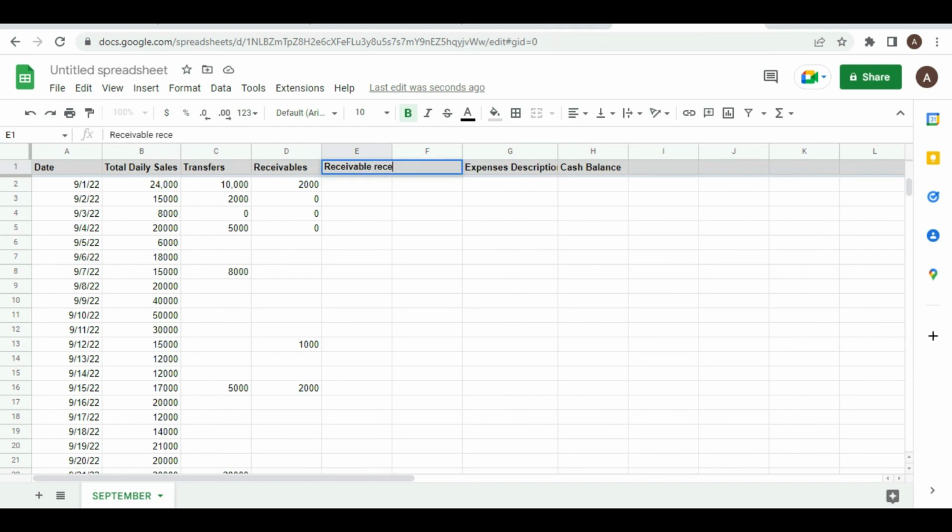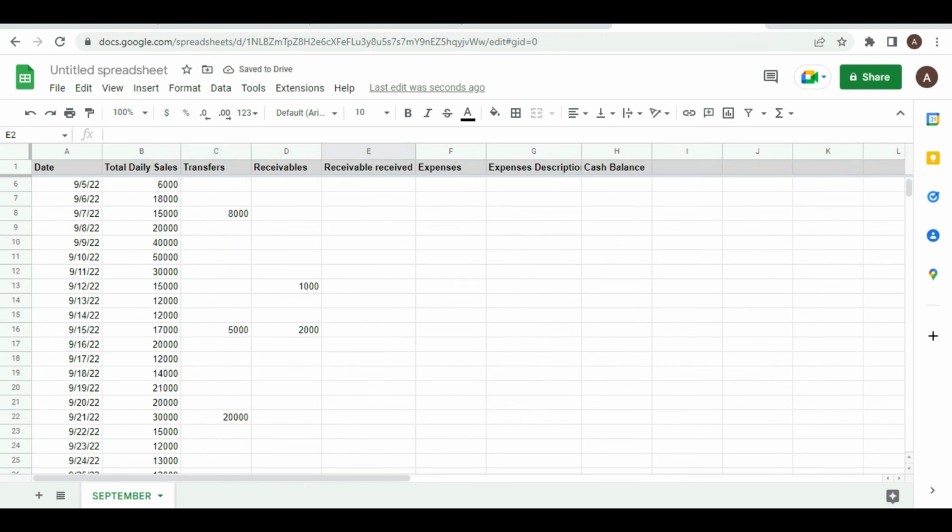Receivables received is to provide for the figures they are being owed, because when you do your account, you provided for these figures as the ones they are being owed. Let's say this payment did not come this month and they're coming next month. In next month's account, you cannot add them to sales because they already reflected under sales here. So what you have to do is bring them to receivables received.